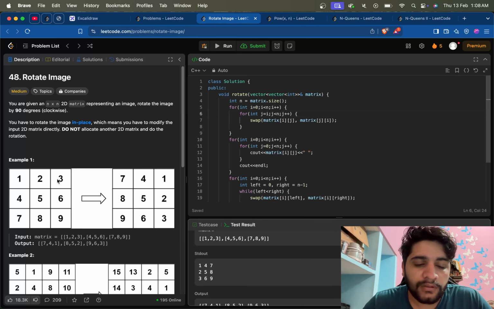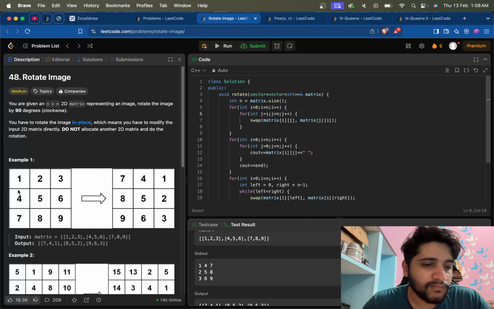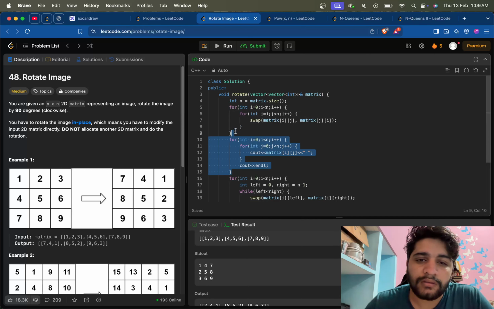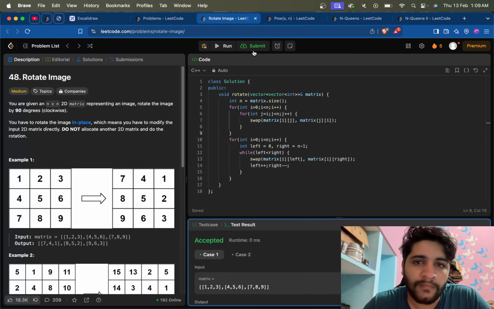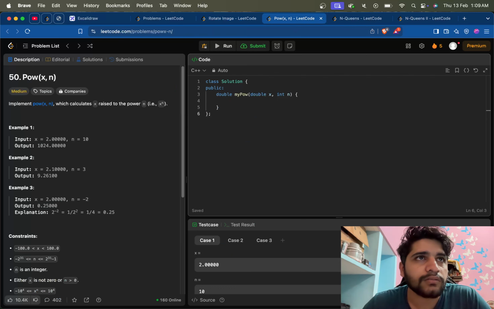But after iterating the first row, we reach the second row. When we reach 2 again, 2 is replaced by 4 and 4 by 2, so it will be the same again, no difference. So this is what was happening, and we avoided this. So this will work perfectly. Perfect. So let's now go to